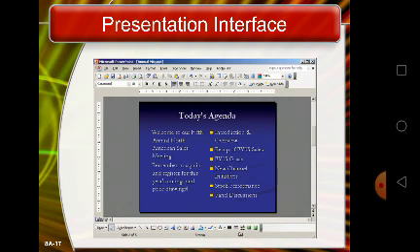Built-in paint tools also enable you to draw simple graphics and add them to your slides. These tools are handy if you want to add callouts to specific elements of a slide.